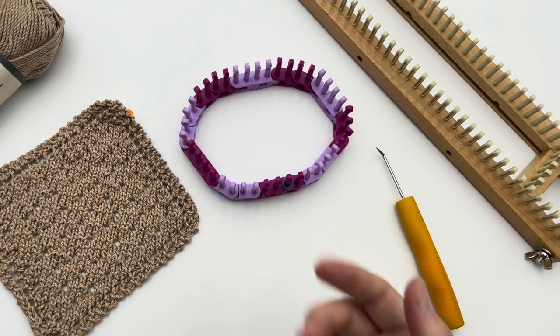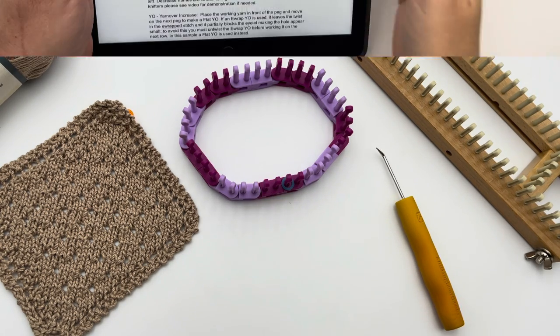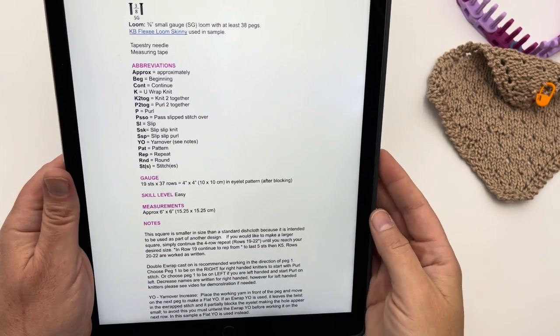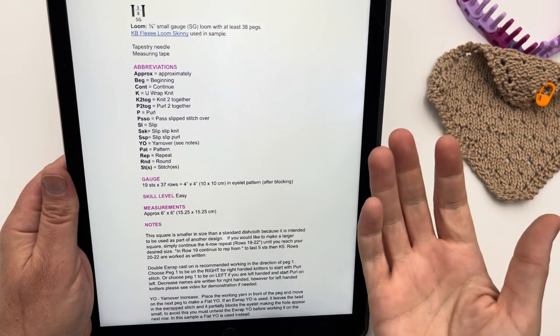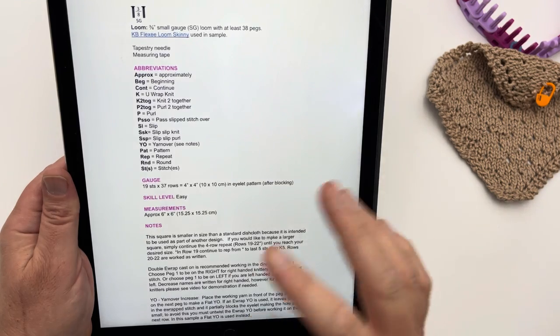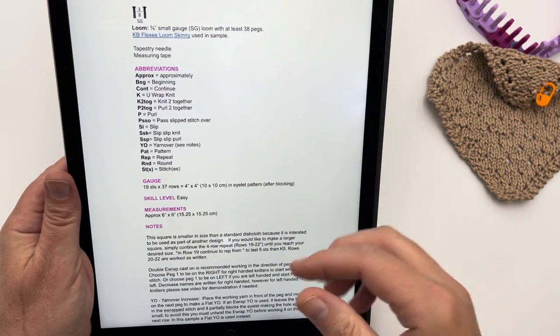All right, so we're going to go ahead and grab supplies. We'll do a quick overview on the pattern before we cast on. All right, be sure and grab your pattern. You can print it off and mark off tally marks for each row, or use a row counter and click it off every time. Keep in mind, this is for right-handed knitters the way it's written,